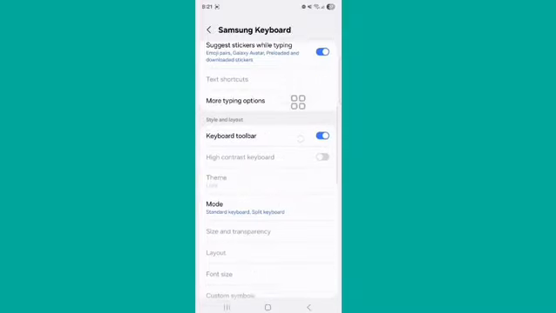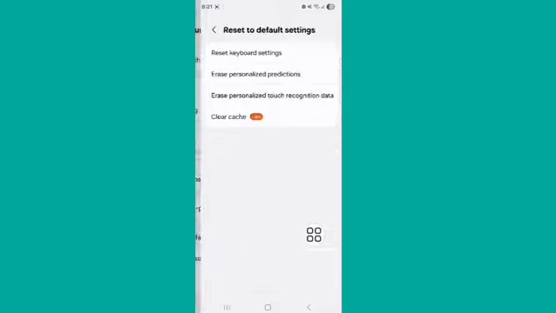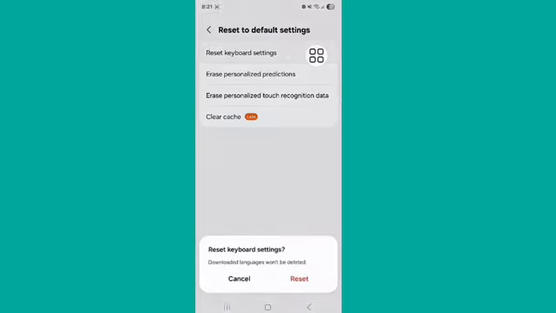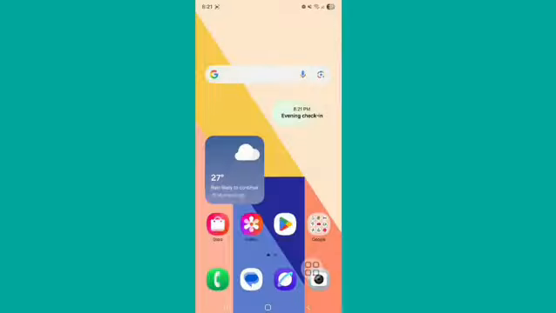And go down. You can see Reset to default settings. Tap on this. Now you can see Reset keyboard settings. And you can see Reset. Tap this icon. This way you can easily reset